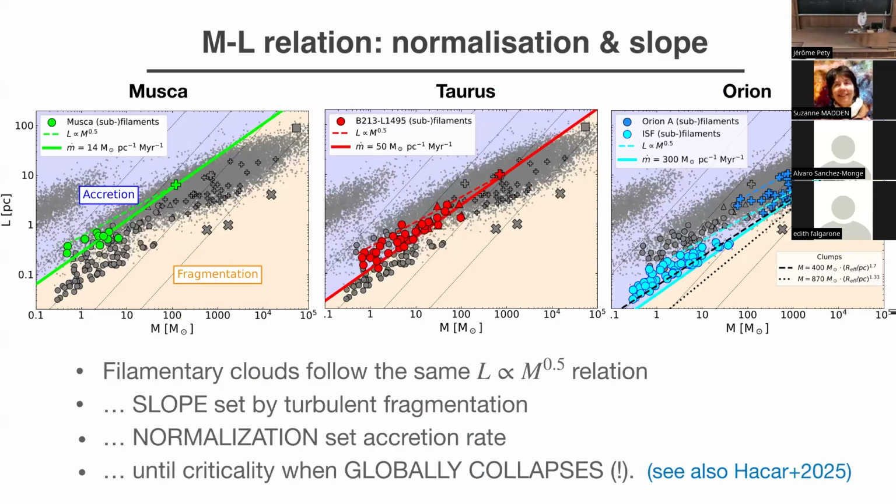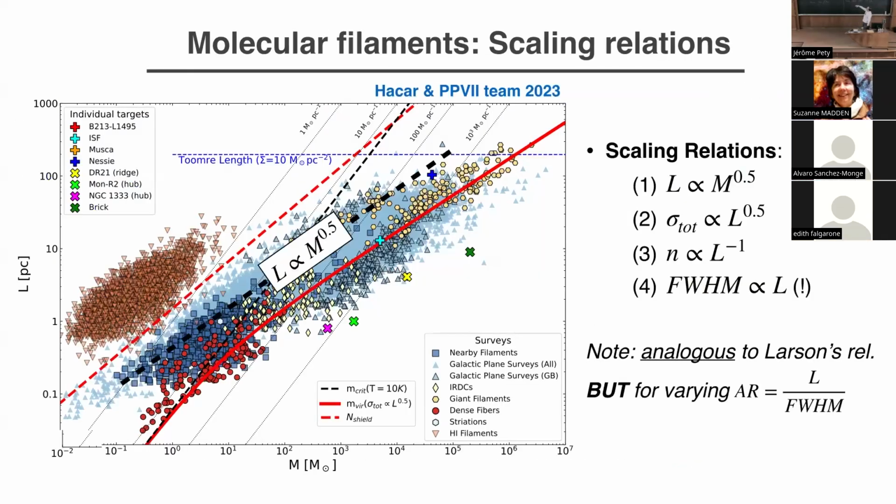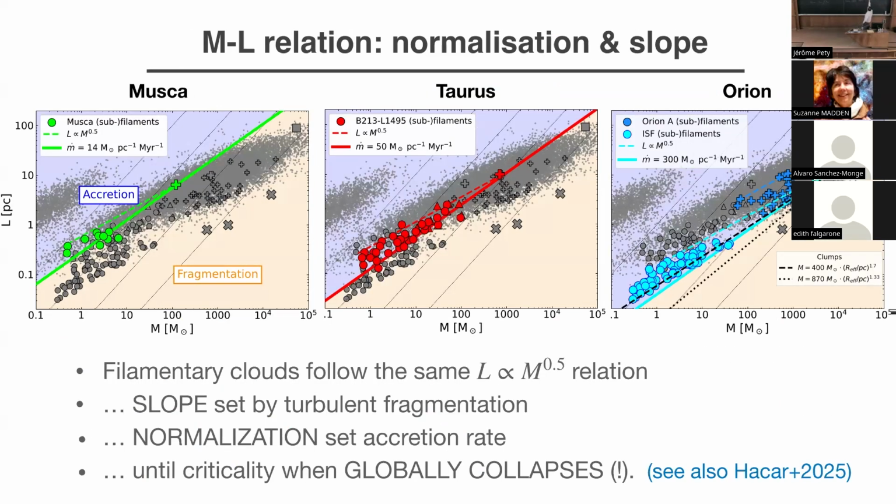Let me go back to this. One simple idea would be that, okay, this is the correlation and that's it. So the scatter in this plot is just noise. But this is not true. And actually, when you isolate different clouds, you see that each of the clouds have a very narrow distribution in this plot. And it's because there is some physics behind these correlations that first set the slope and then set the normalization of this